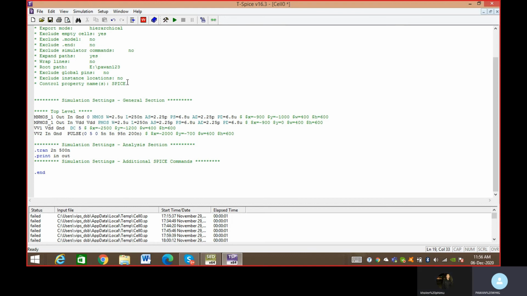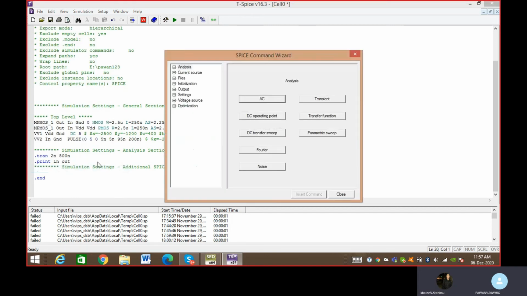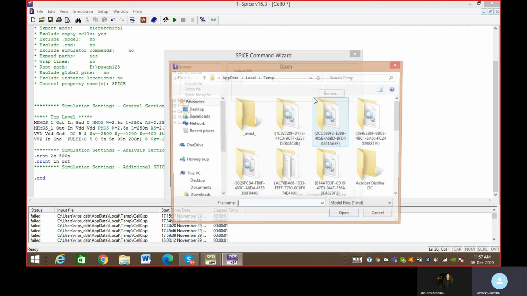Now the first and most important thing is the technology file. The technology file is not available in 16.3. I searched for it; they provided you the tool, but there is no technology file present. So I have my own technology files. I'll show you. For this, you have to go to the Insert command, then Files, then Include, then Browse.